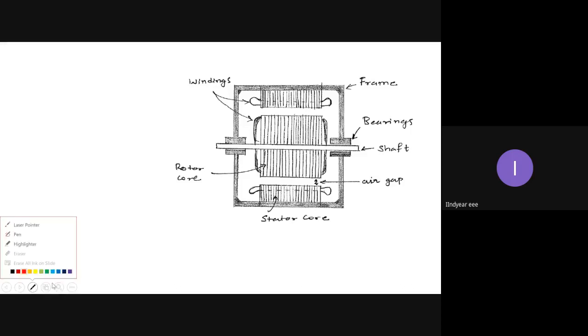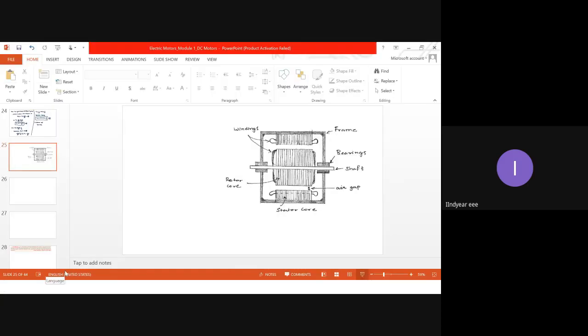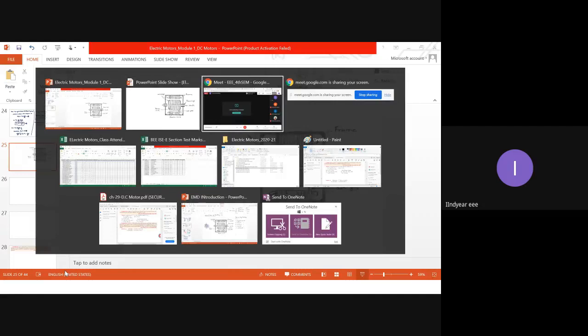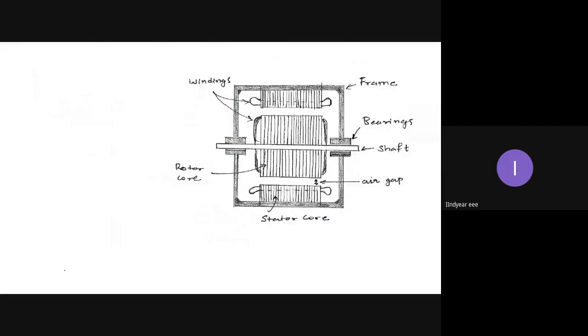So next topic is the useful torque or the shaft torque. In the last class, we have seen the gross torque developed in the armature, Ta. That is the torque developed in the armature due to the mechanical force exerted circumferentially or tangentially. But that is not all the torque available to drive the load. So next point is shaft torque or useful torque.